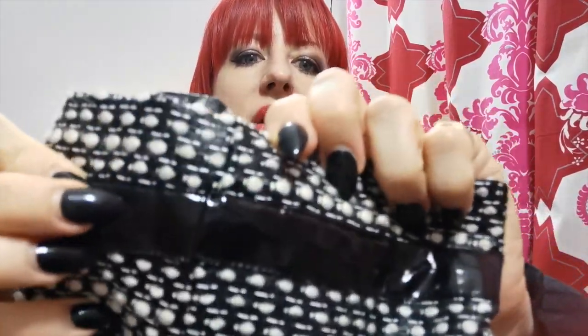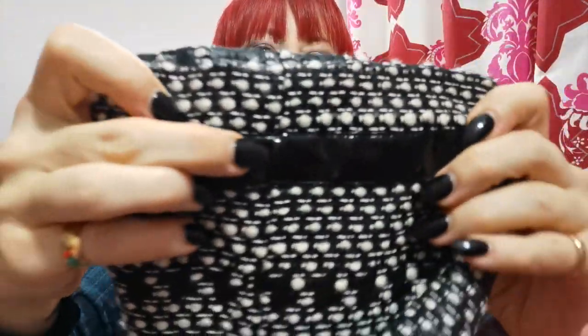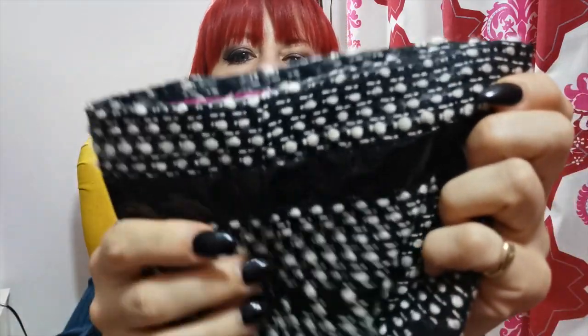The stitching is actually brilliant. I'm really pleased with it. And that's where I turned over the end and sewed it under. I don't think you can even see on camera. Yeah, I made a nice job of it. Really pleased. But the bit that I'm most proud of was it was unlined, and the insides didn't look great,